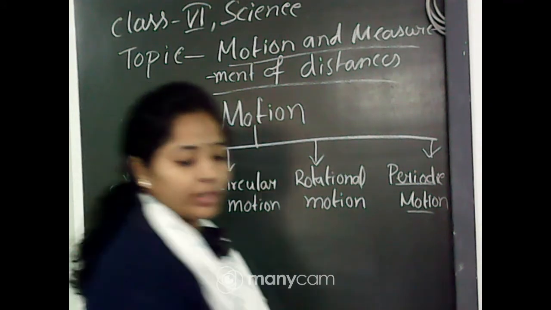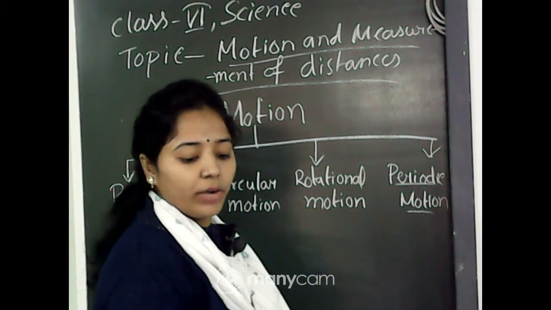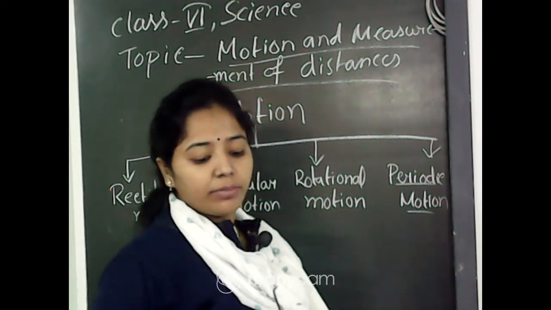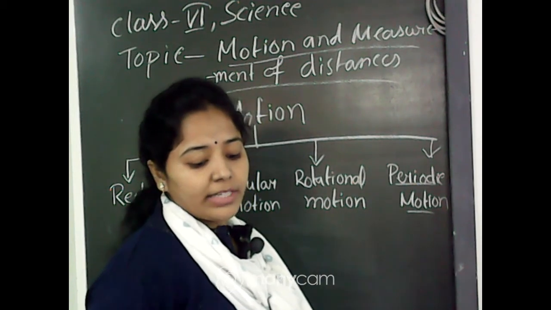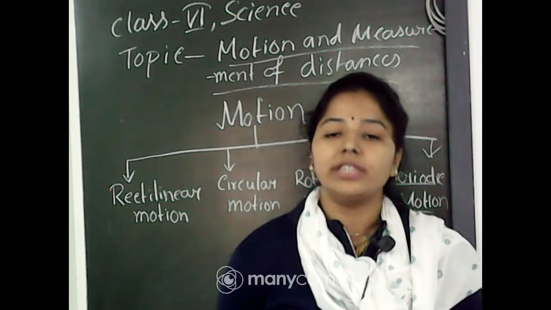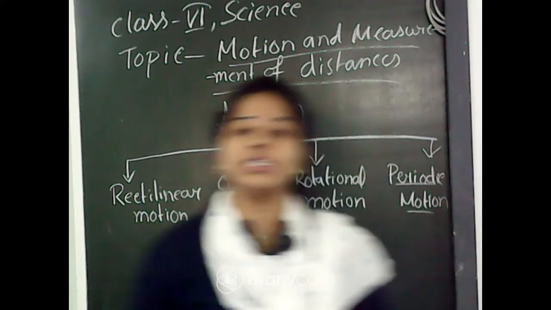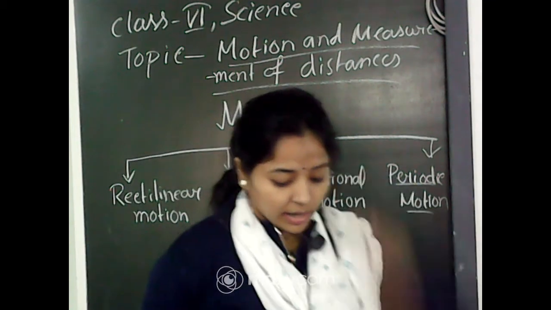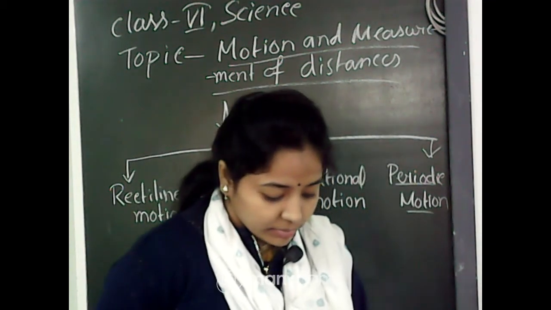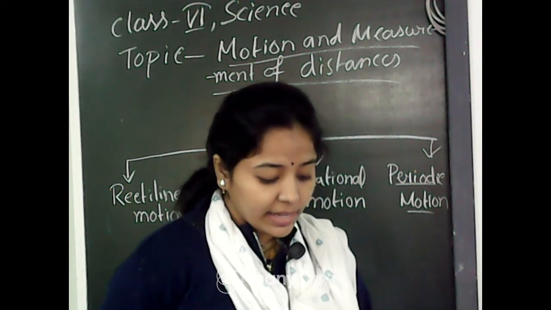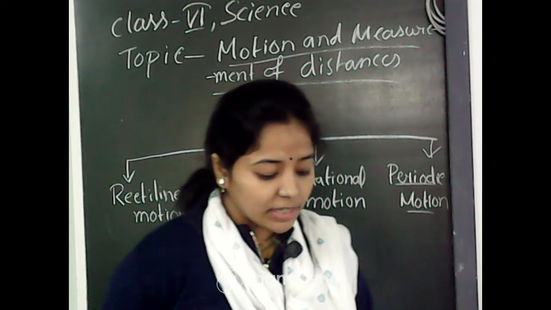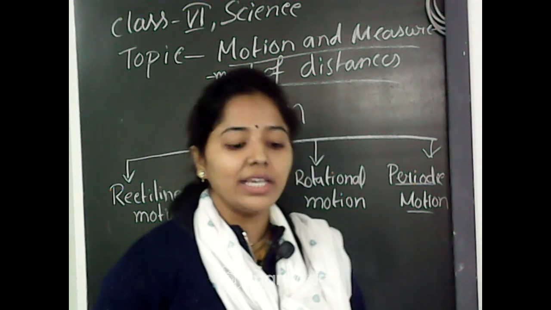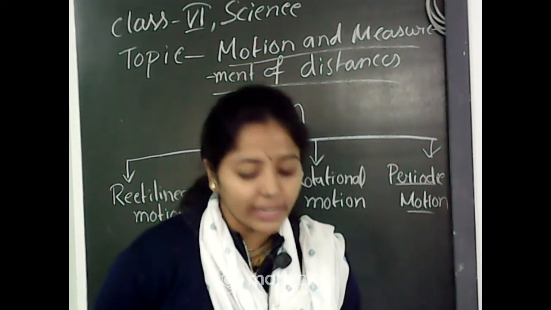Just follow me. First comes rectilinear motion. The rectilinear motion is that type of motion when an object changes its position with time along a straight line. There are so many examples already in your book: some vehicles on a straight road, the march past of soldiers in a parade, or the falling of a stone. These are all examples of rectilinear motion.